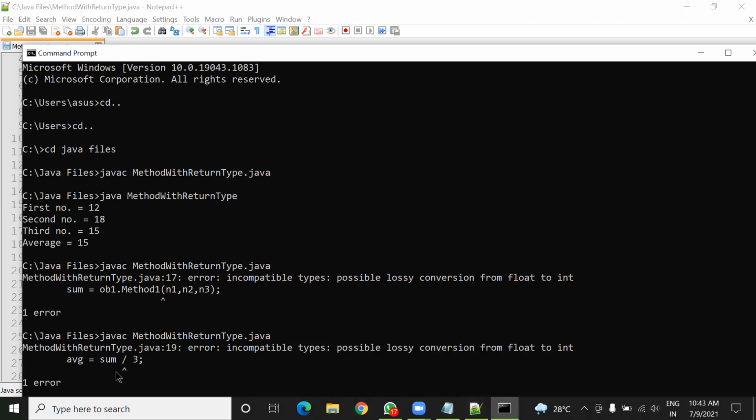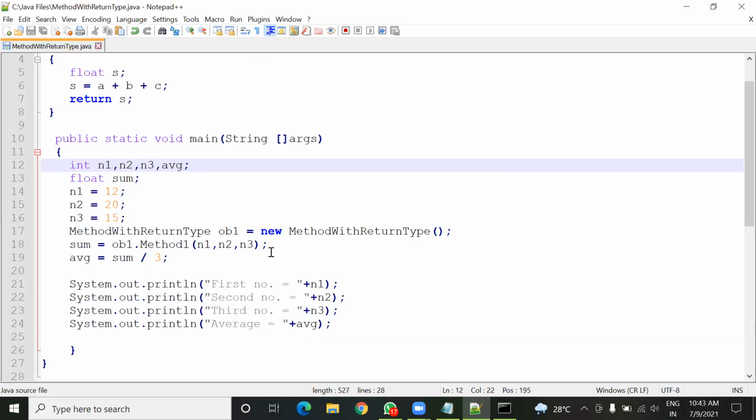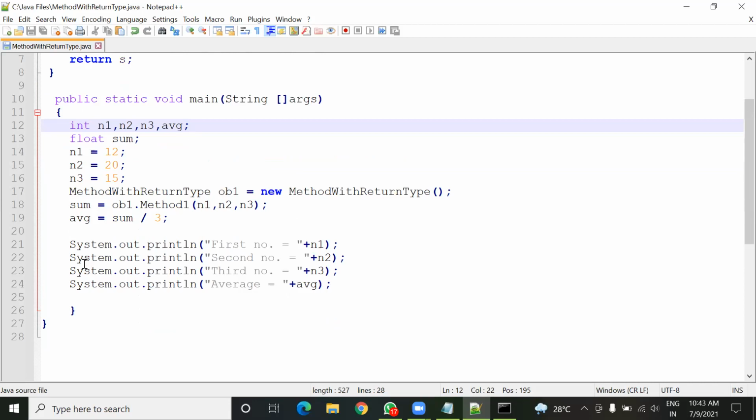Again here, sum variable is divided by 3, and we are storing the result in the avg variable. So what type of avg variable should it be? Tell me. It should be float.